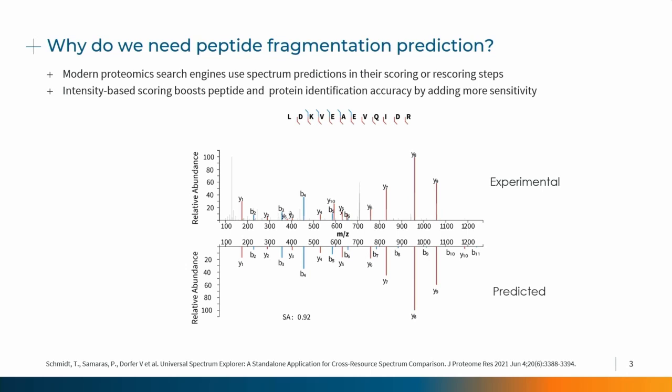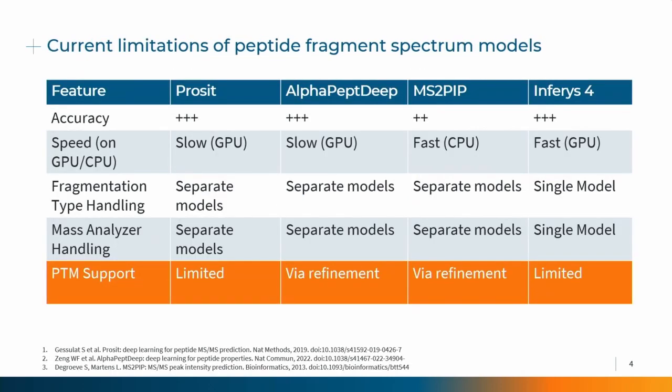On the picture, we see an example of an experimental peptide spectrum on the upper panel, and on the bottom, we see the prediction of B and Y ions for exactly the same peptide. If we measure the similarity between these two spectra and integrate this score in peptide spectrum matching, we get more accurate peptide identifications. There are already several existing models that can predict peptide fragment intensities, and some of them are shown